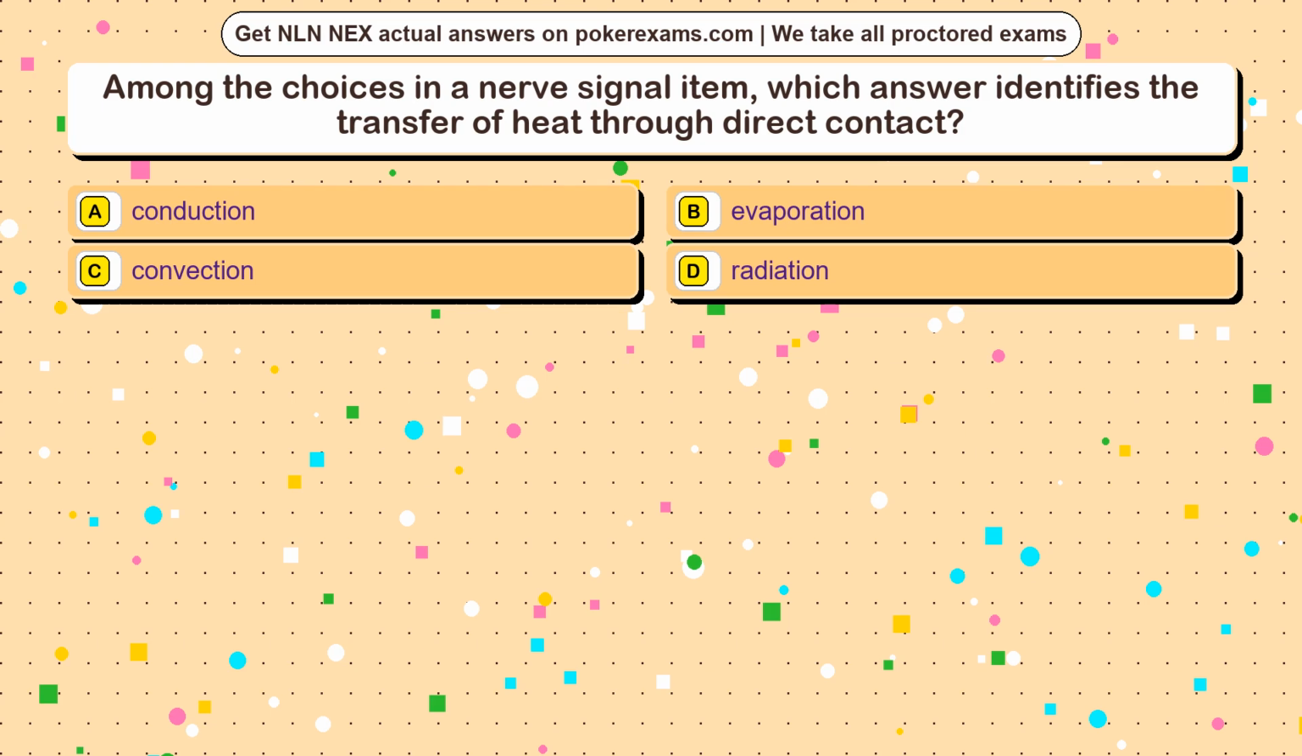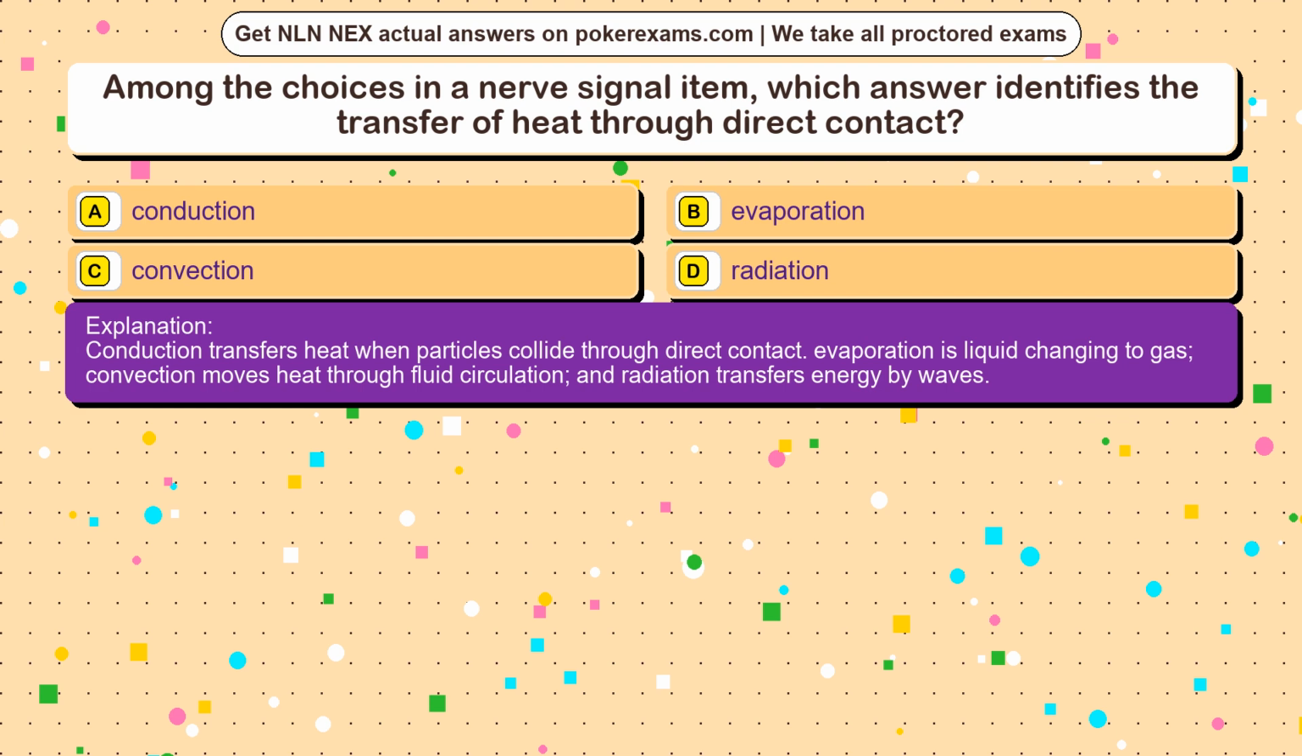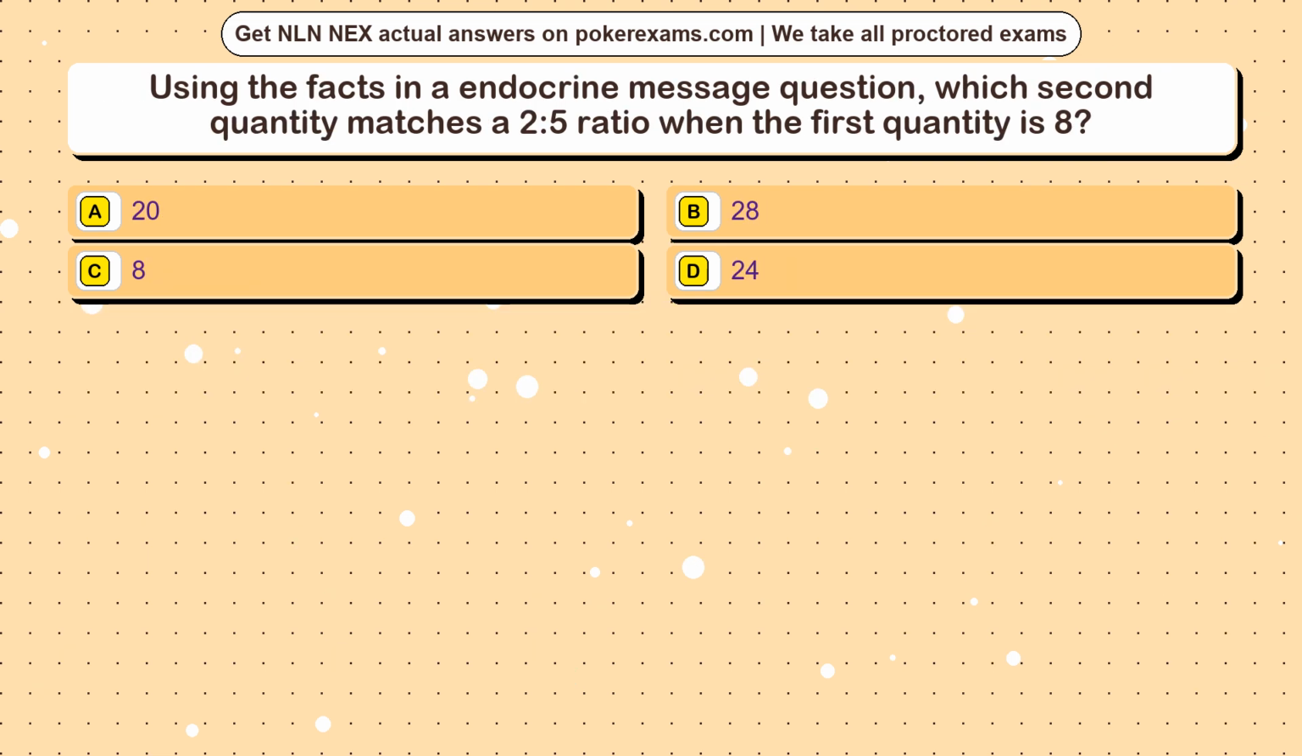The correct answer is option. Conduction transfers heat when particles collide through direct contact. Evaporation is liquid changing to gas. Convection moves heat through fluid circulation, and radiation transfers energy by waves. Question 16. Using the facts in an endocrine message question, which second quantity matches a 2:5 ratio when the first